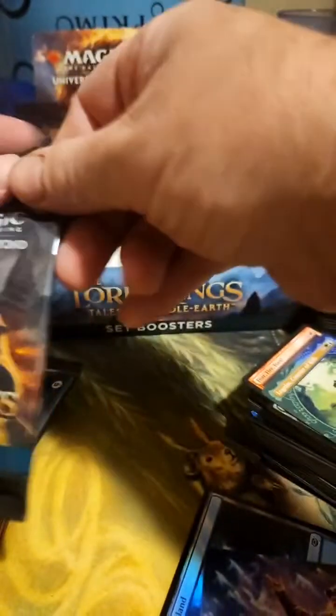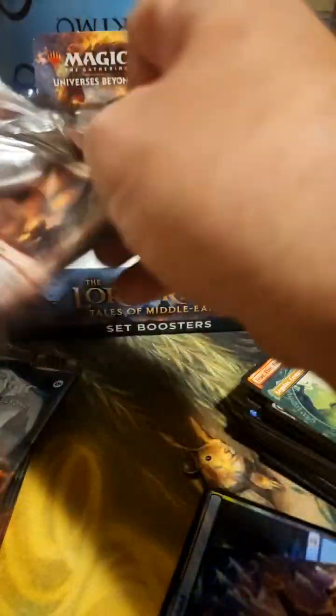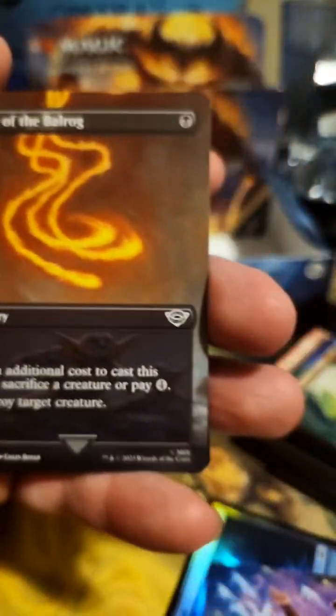Hopefully, now that's 3 mythics. Is that 3 or 4? I don't know. But the point is, we're hoping for more, right? 6, 8, 10. It's gonna be rough, though. Oh, there's a mythic. Alright. And, ooh, there's a lot in this one. Alright, this pack is gonna get interesting